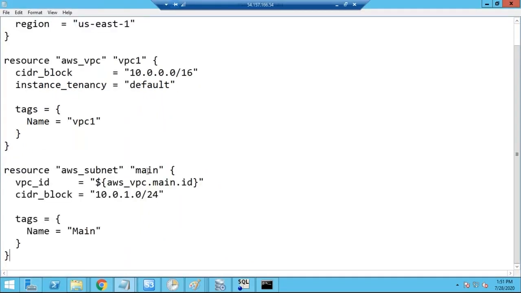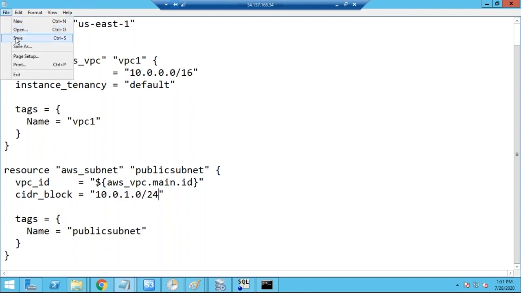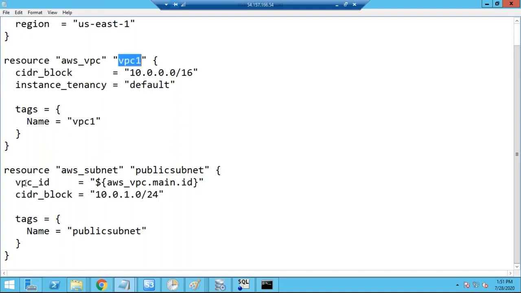So this I'm giving as a public subnet. This is the range I am creating. If I give this script, it will not work because we are calling this VPC's ID. We are automatically taking it, so we are giving interpolation, aws_vpc, and the VPC name I have to change. So I have to change the VPC name, and then I will create this